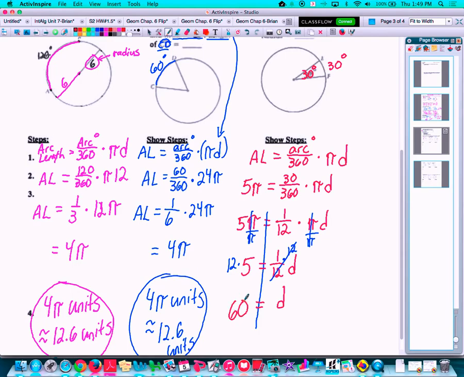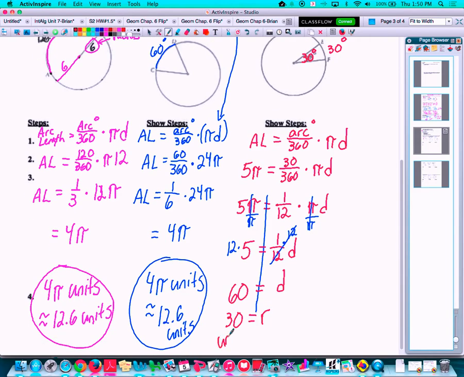Our question was asking for the radius. The radius is half the diameter, so that would mean that the radius would be 30. And again, since there aren't any specific labels here, we will still write in units to get used to doing that work and showing